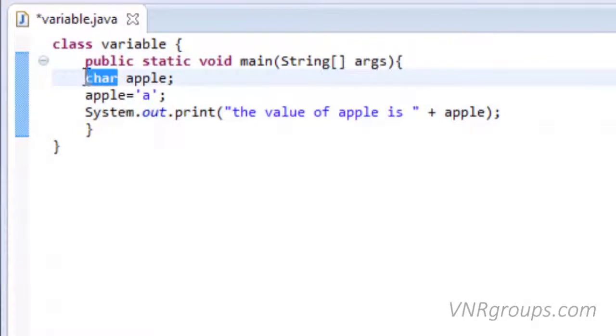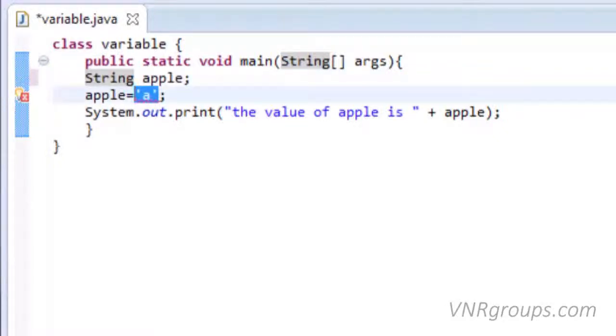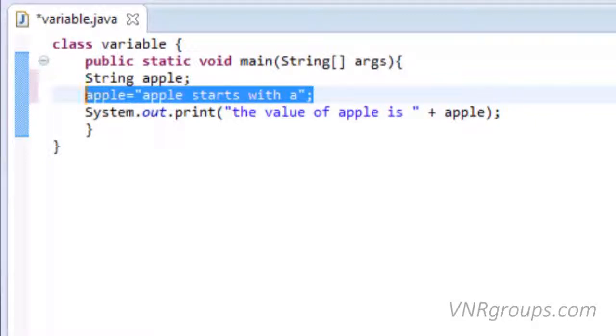Another data type is string. This statement will create variable apple of string type. String at the beginning of statement means we can assign string of text to variable apple, like apple starts with a, I like ice cream, etc. Apple equals apple starts with a. This statement will assign apple starts with a to variable apple.